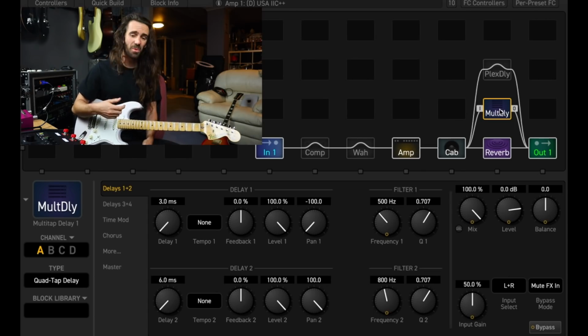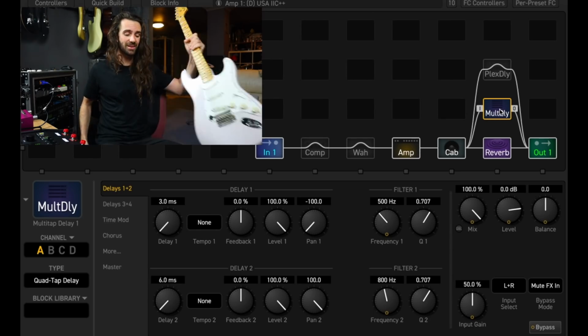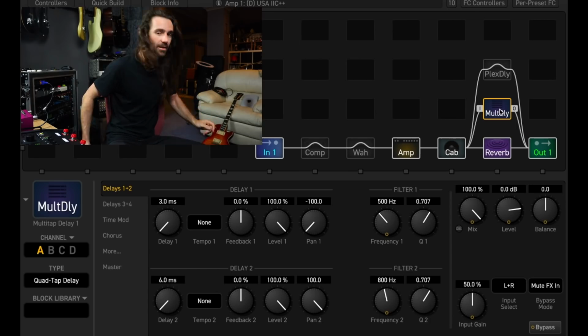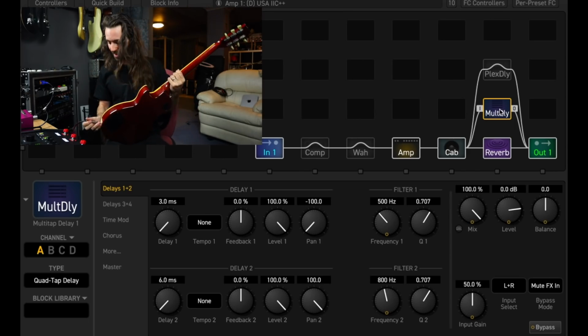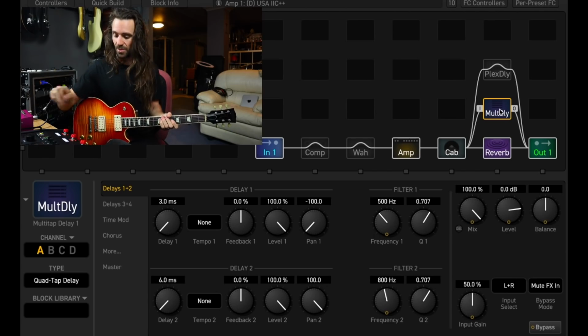Now this guitar is super mellow, so what I'm going to do, I'll put the tuner on, and while I'm talking, I'll grab a guitar with humbuckers. I might grab this Les Paul right here, and make sure I don't run over the cable and break it, because that's never a good idea, or hook it around stands. So this guitar has some PAF style pickups in it, and with that same tone,